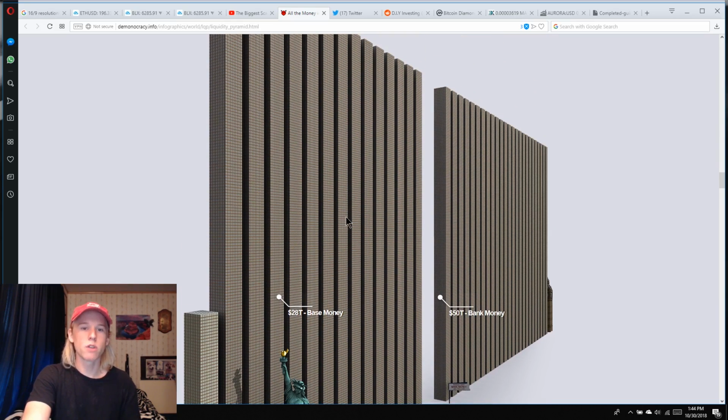Base money is more of all the electronic numbers of money. This is what we have on our cards, all the electronic money that we send and receive. Not only that, but this also makes up whatever banks loan out. So this is kind of a problem. What we see with banks is banks loan out a lot of money. If you put your money into a bank, banks are only required to hold 10% of what you put in. So to put that into perspective, if you put $10,000 in a bank, the bank would then loan out 90% of that. And so $9,000 is now just getting put out wherever the bank pleases, wherever it wants to put it.